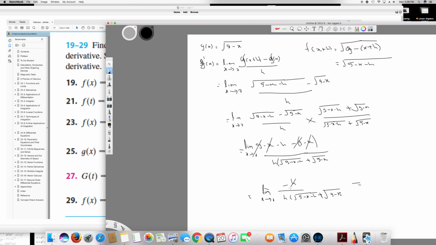So h cancels, the top part is negative 1 over the limit. The bottom part is square root of 9 minus x minus h plus square root of 9 minus x. Now I can plug the 0 value in the bottom, so the final answer will be minus 1 over